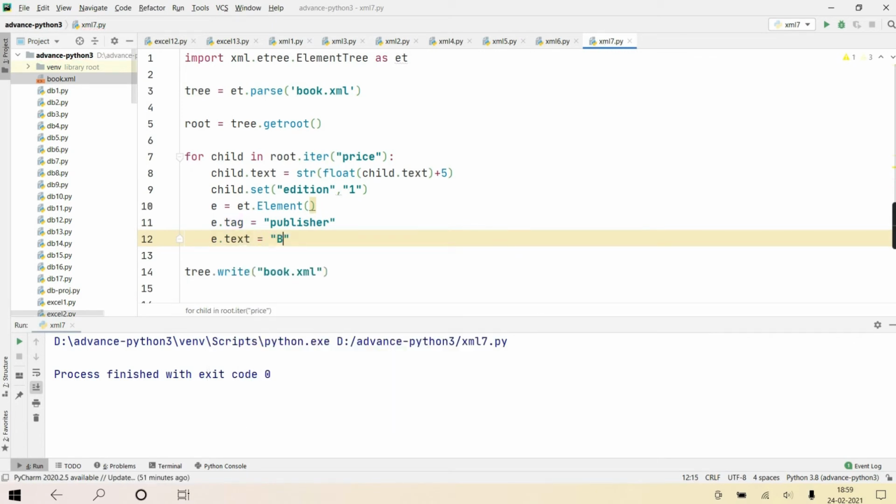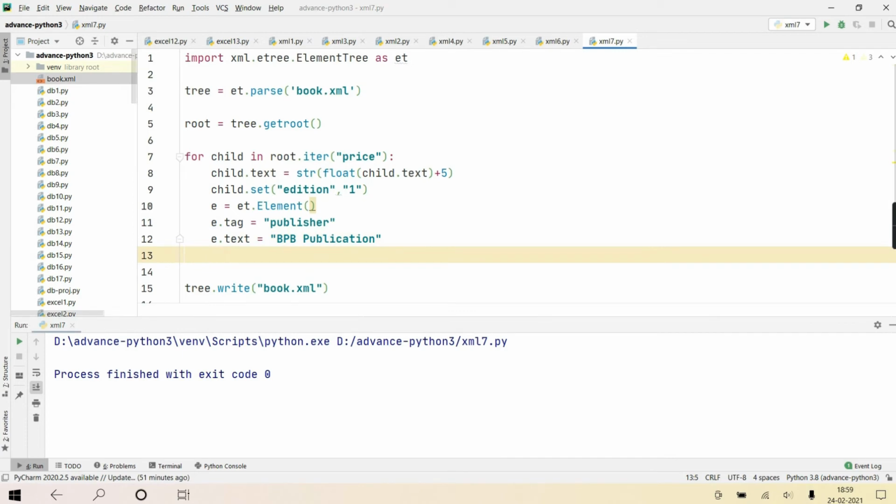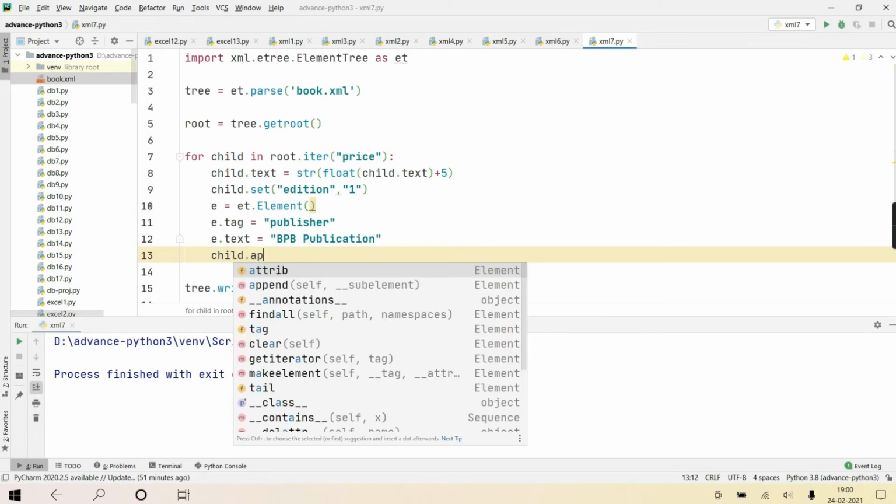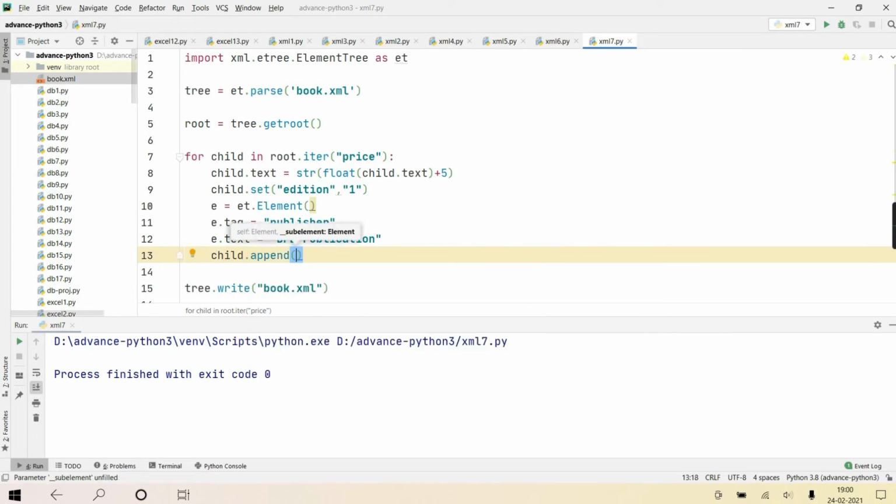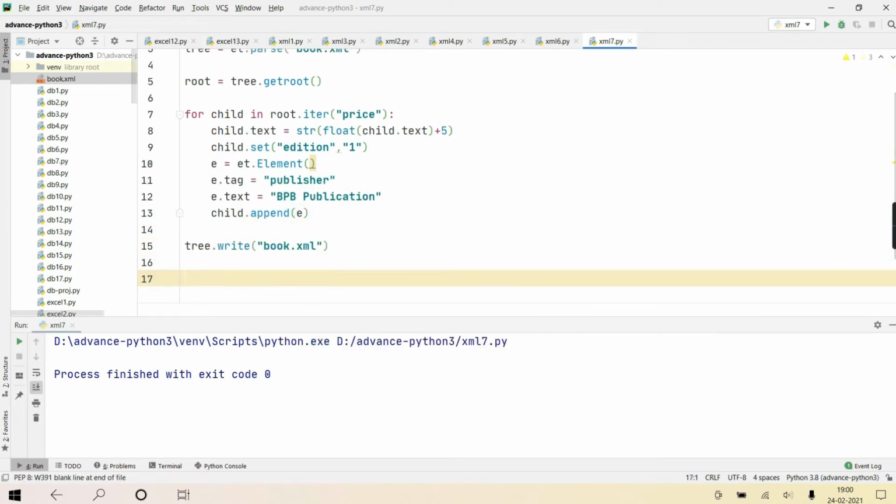We'll keep the same name only, BPB or O'Reilly Publication, whatever common names you know. Clear? Pearson, whatever. And this element you have to attach to that child. So child.append, and give this e. Right? And again save it.